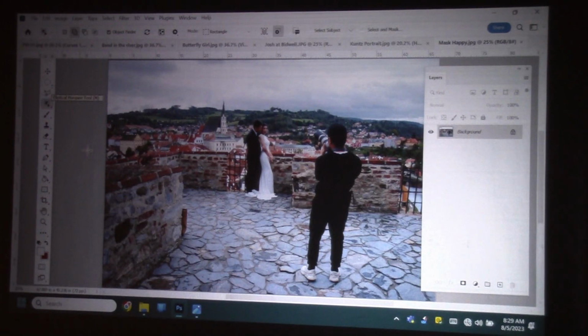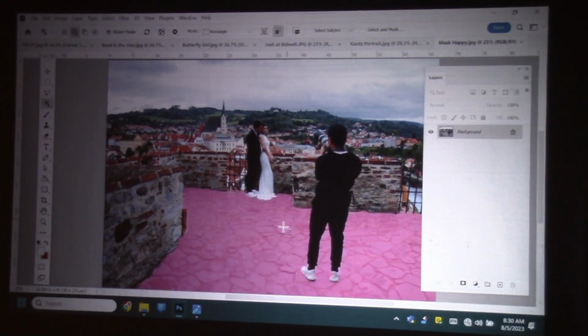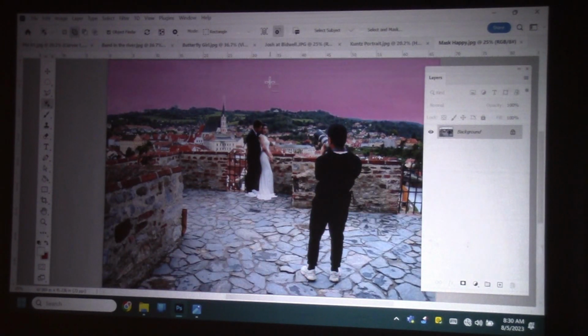The bottom line is the program simply looks at your image and it automatically decides what it thinks separate objects are. So for instance, when I mouse over that, it says, that looks like a person. Okay? And that looks like another person. And that looks like another person. And that looks like the floor, and that looks like the